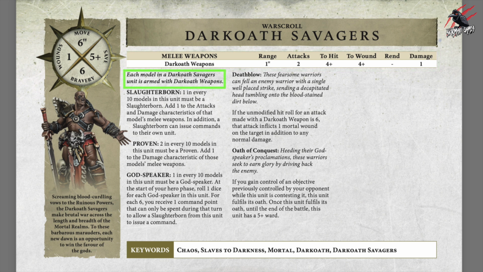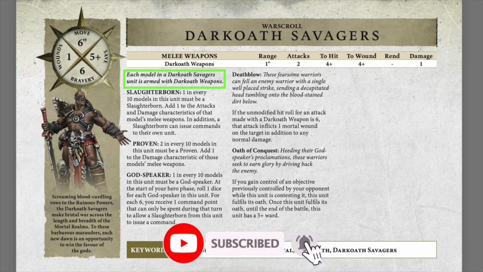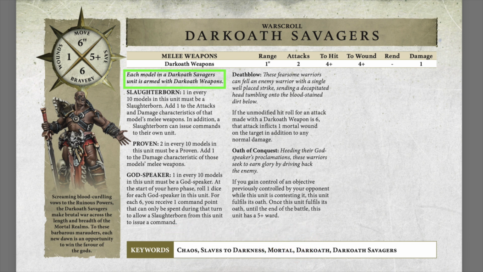And here it tells us that each model in a Darkoath Savagers unit is armed with Darkoath weapons, but there are a few criteria that we have to meet with what miniatures we include. And so here we have to include 1 Slaughterborn. So 1 in every 10 models in this unit must be a Slaughterborn. And we add 1 to the attacks and damage characteristics of that model's melee weapons. In addition, a Slaughterborn can issue commands to their own unit. So that's going to change that attack from a 2 to a 3 and the damage from a 1 to